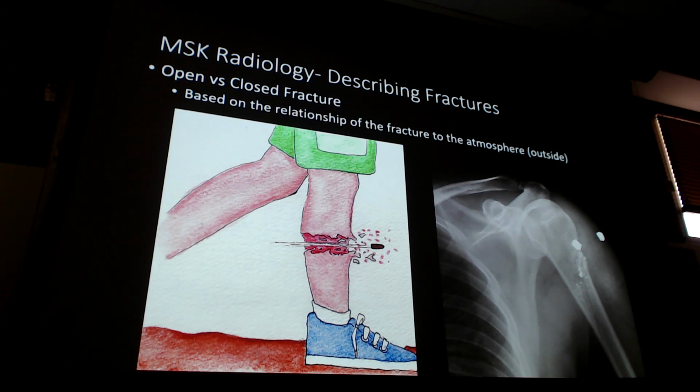Open versus closed fracture. As we talked about before, any fracture with exposed skin, like a scab, bleeding, anything that broke the skin counts as an open fracture. What are some ways I can tell on an x-ray if I haven't seen the patient yet? Because sometimes you have a really efficient team who will see a patient coming in for an injury, especially if you're working in the ER or the urgent care, and the nurses or the techs will order the x-ray